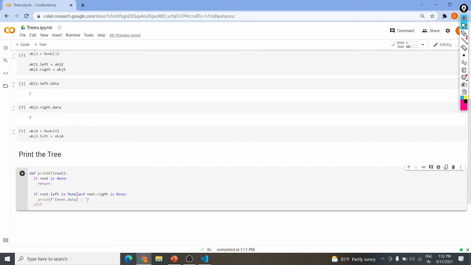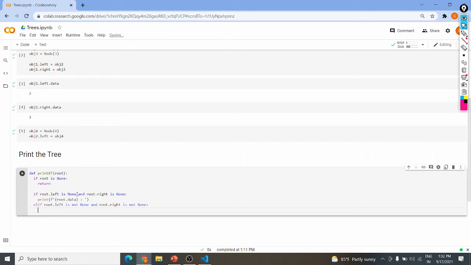Elif root.left is not None and root.right is not None. Our root.left is not None, root.right is also not None.